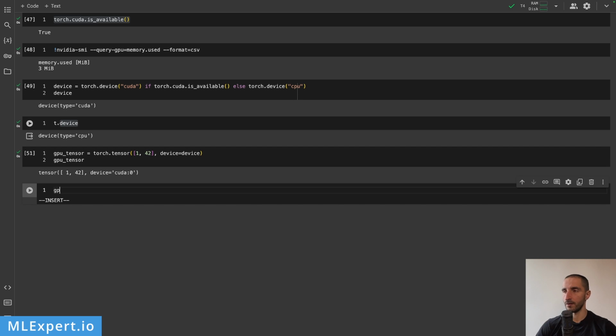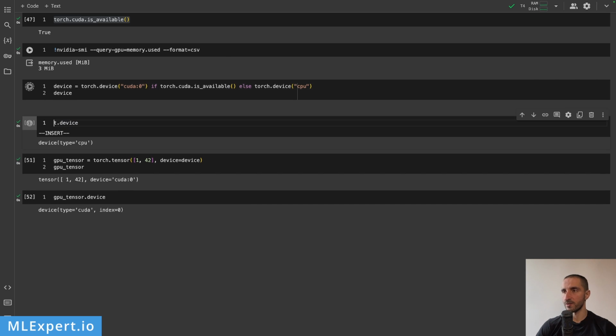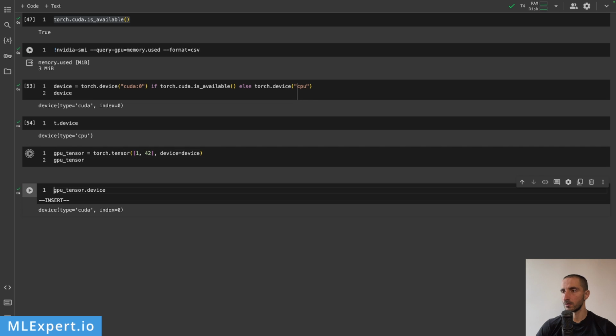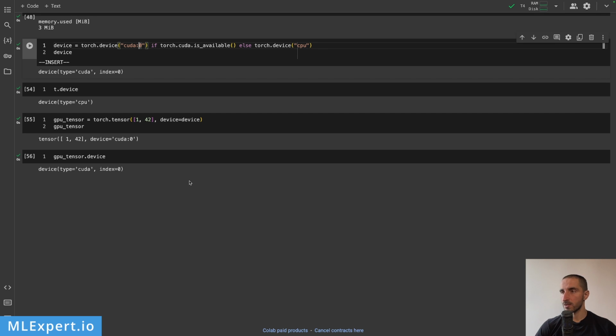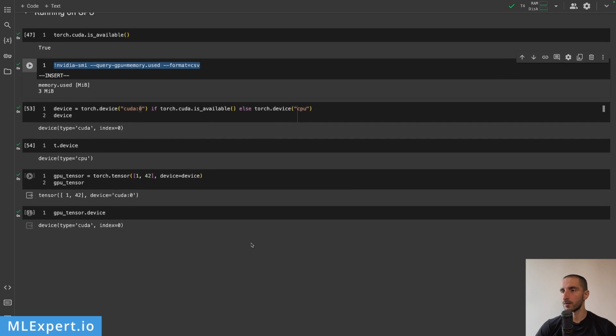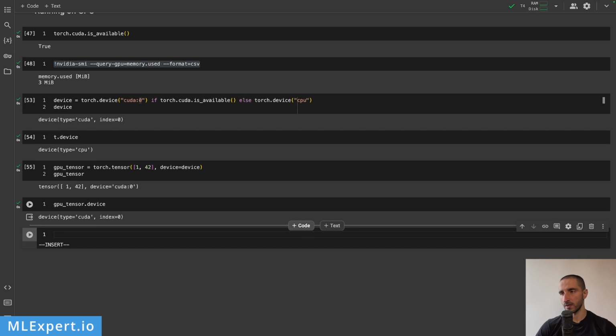And again, if I call gpu_tensor.device, you can do that. Let me experiment with cuda:0 right here. And now you are getting the complete index on the CUDA device. So if you have multiple GPUs, this tensor is going to be specifically put on the zeroth device. So again, I'm going to query the GPU memory usage